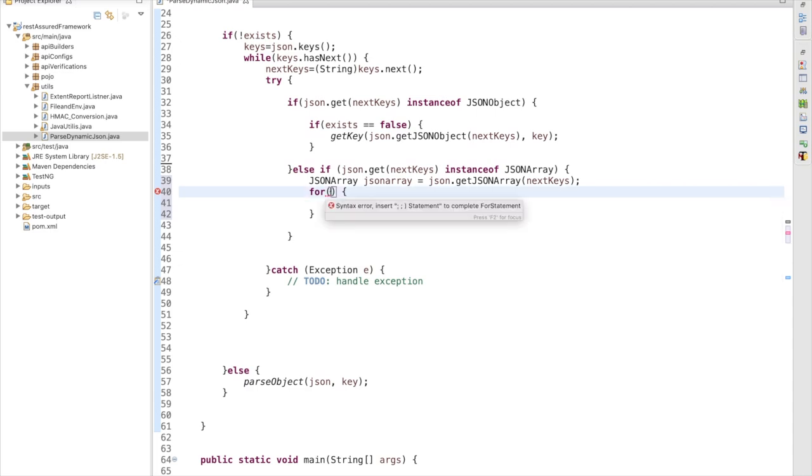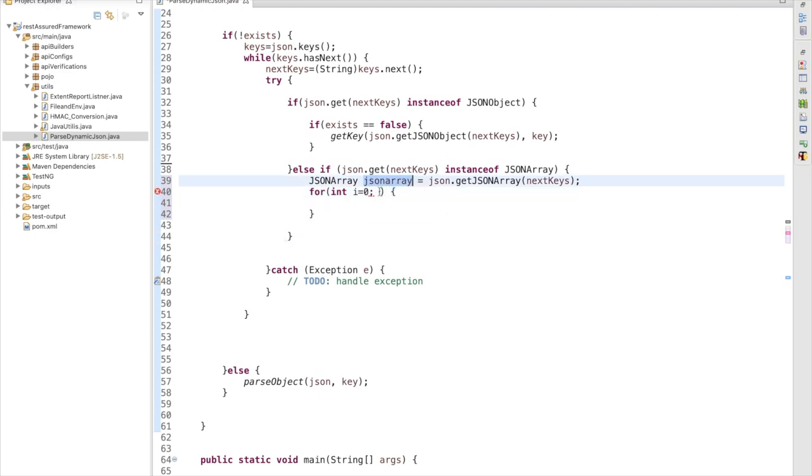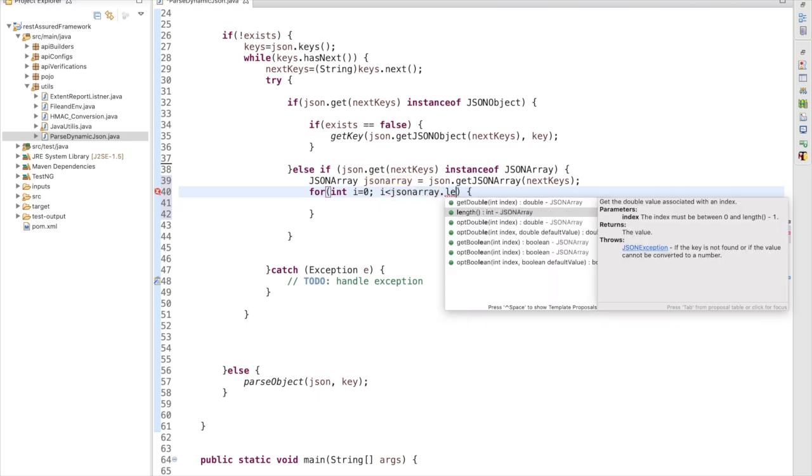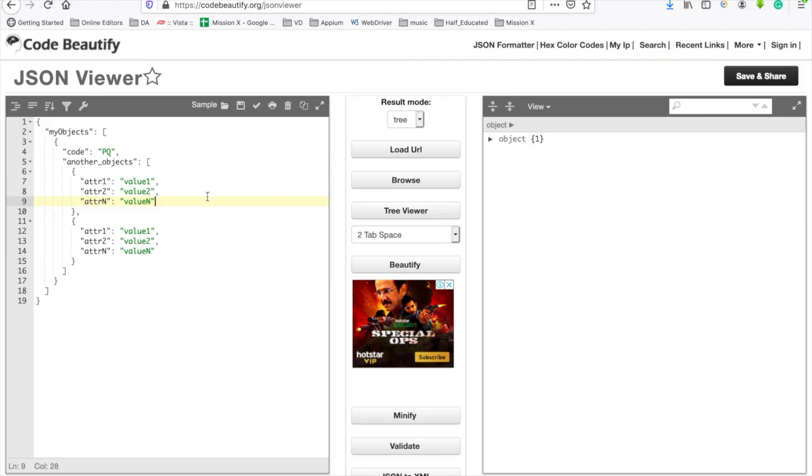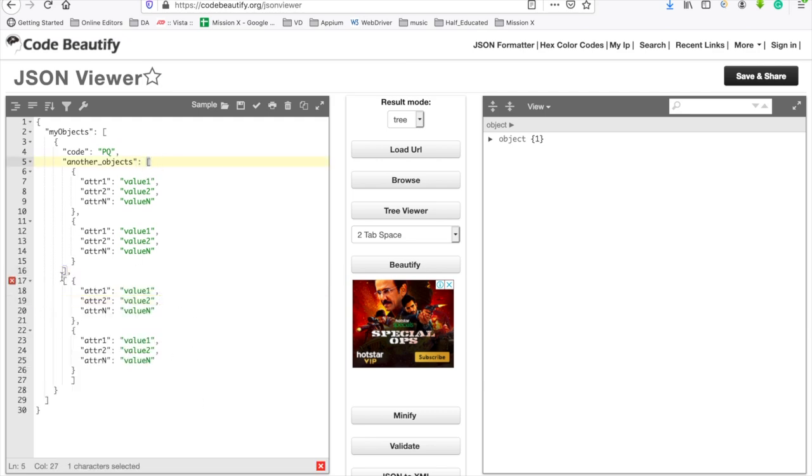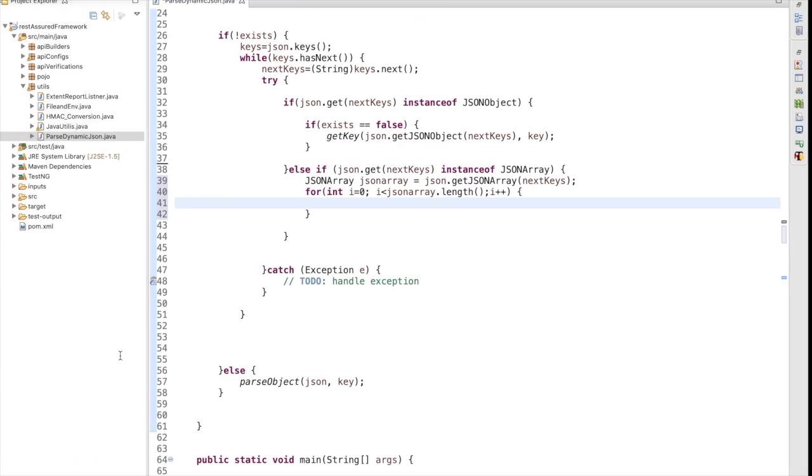So this will be my simple for loop. For int i is equal to 0, there is nothing like rocket science, it is a simple way. i is equal to 0, up to array.length, JSON array length, and i plus plus. So this will be my first object. Yes, this is the country key. It is having one object, so we have to iterate like this. If it is having two objects, then it will be like this. One object, inside it is having another object. So we are going to do that.